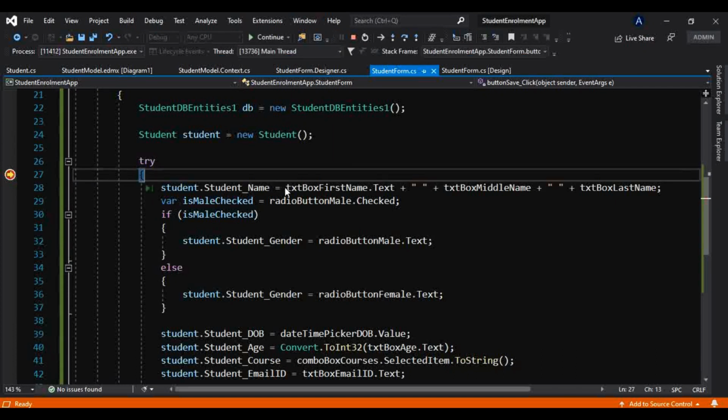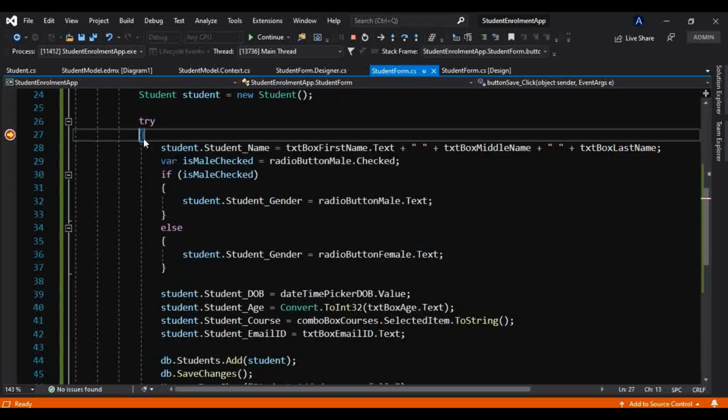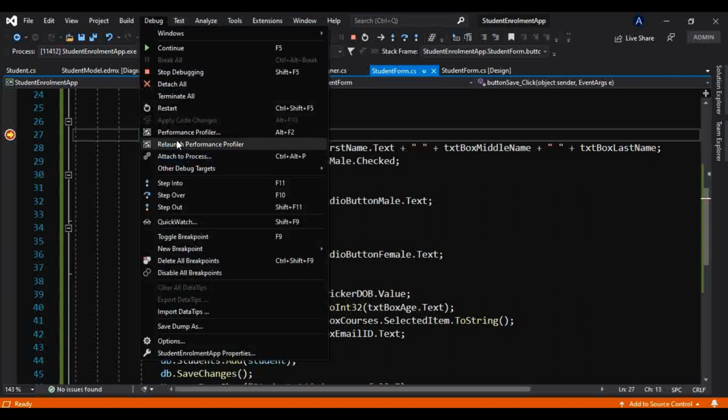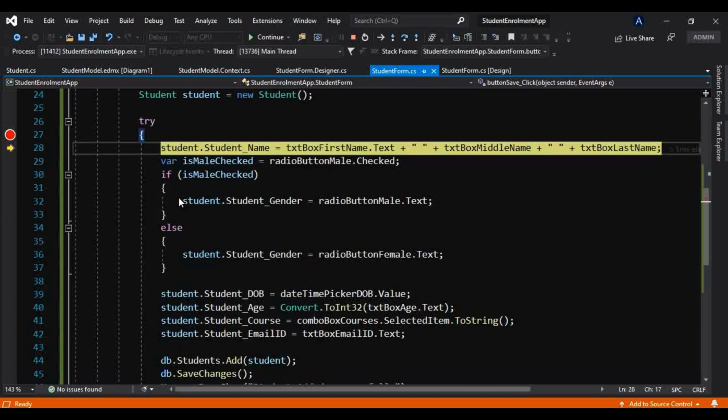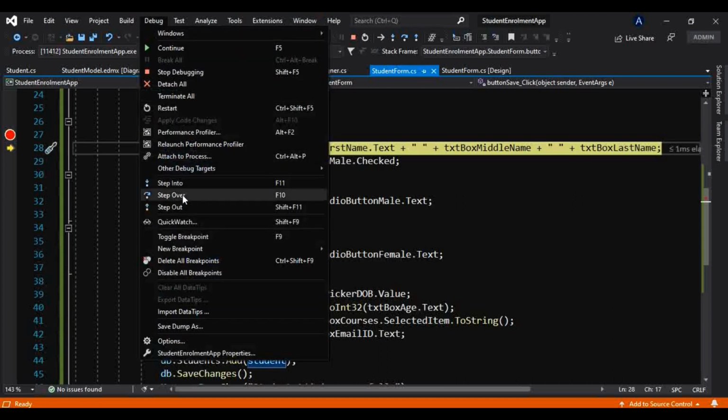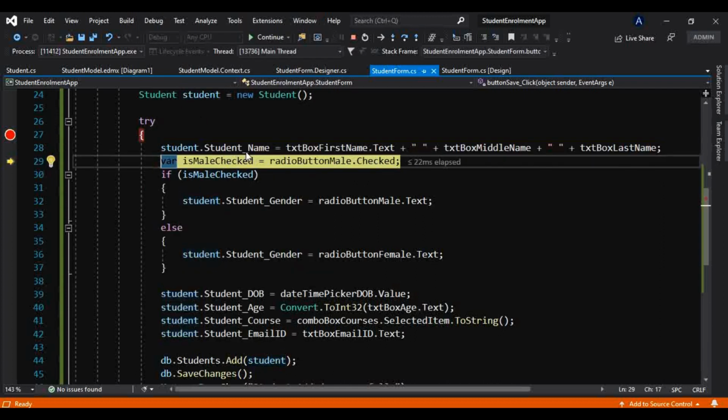So here it is, we have put the breakpoint here, so we came here. Let's see what happened here. Now I will step over this as well, and let's see if we got the name.